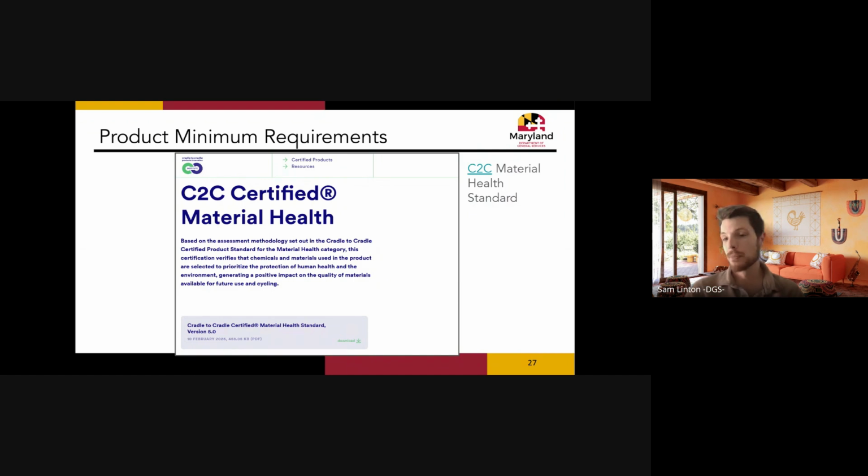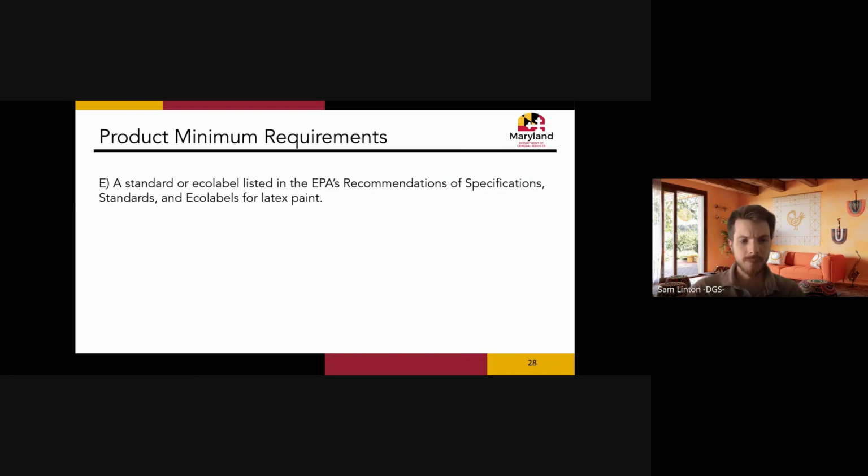And so there is, at times, PFAS found in paint. Cradle to Cradle recognized that, and so they developed this standard. Now they're at version 5, which has just been updated February 10th, 2026. So a very newly updated standard. It's addressing environmental health, but also human health a lot with the PFAS